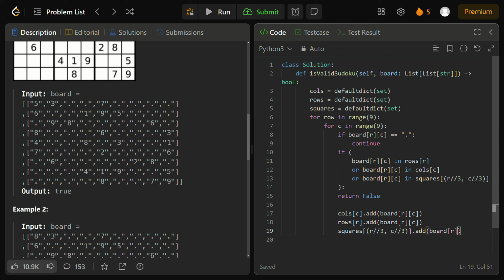Basically adding board index R index C to the current sub box or sub square, where we can find out which subsquare that is by dividing our current indices by 3. And of course, that has to be integer division because we want integer indices for our input board. And again, what this does is if the current number is not found in any of the sets, we can